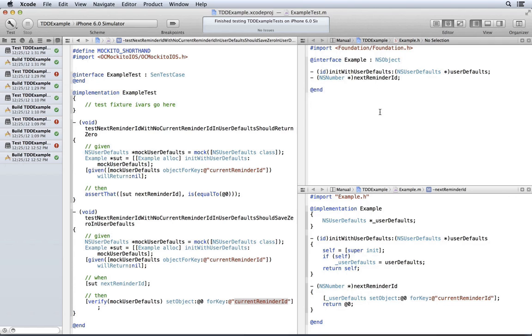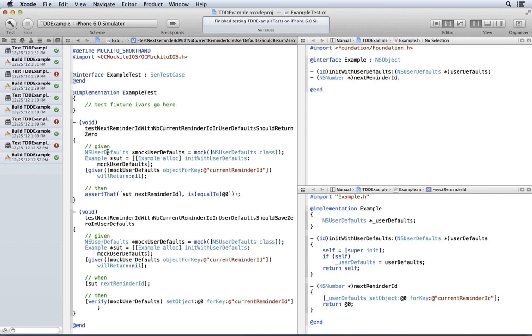This code looks clean. This code looks clean. But we know, because we copied and pasted, that the test code has duplication. Let's get rid of it. Let's bring some stuff up into the IVARs of the test class, and that creates what's called a test fixture.